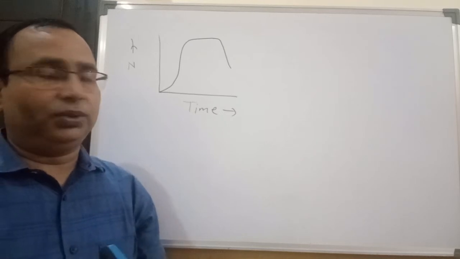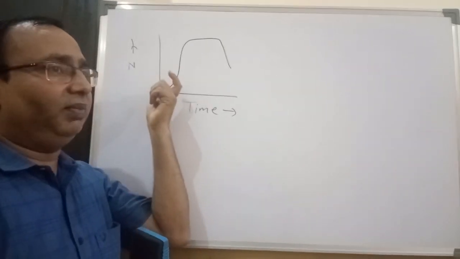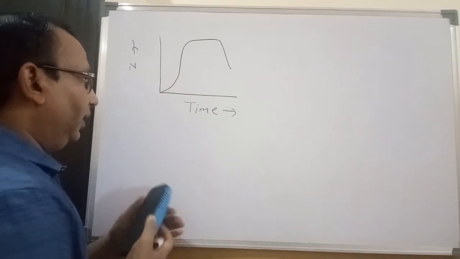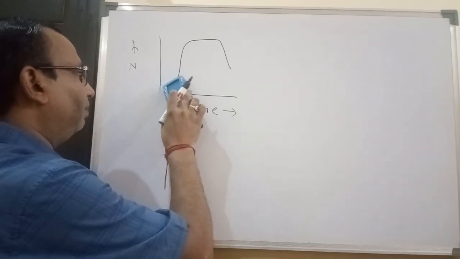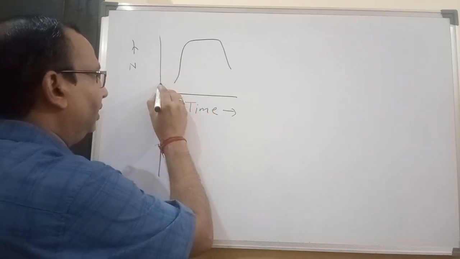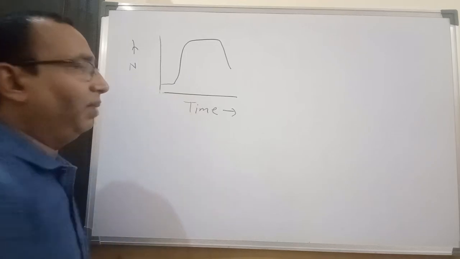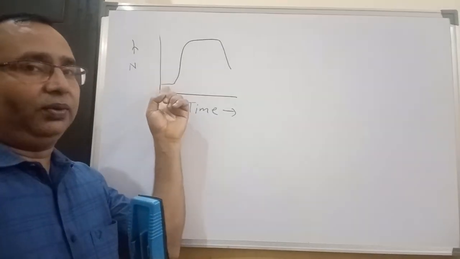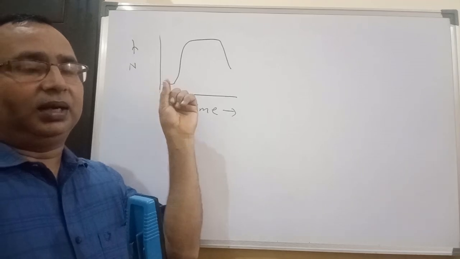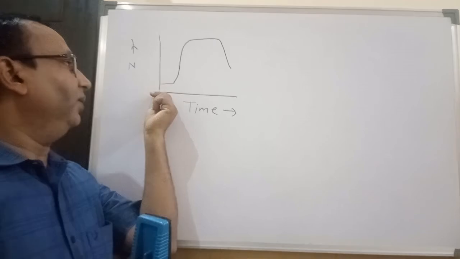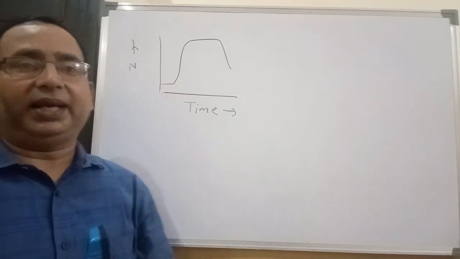So whenever this microbial growth curve is drawn, we have to make sure that initially it will have some number of microbial population, only then will it result in an increase in the microbial population. So this graph will originate having some initial number of microorganisms, that is, it will originate from the positive y-axis.